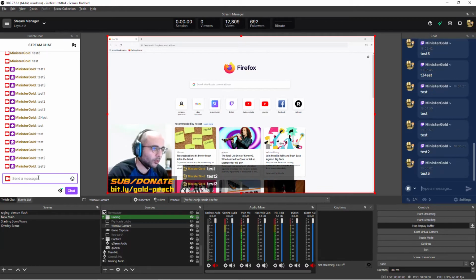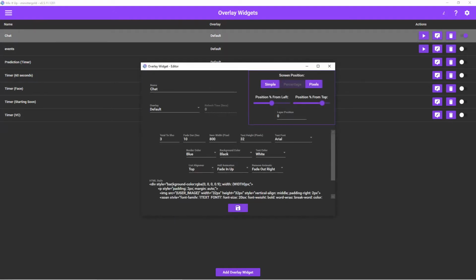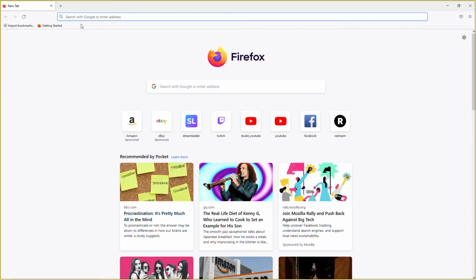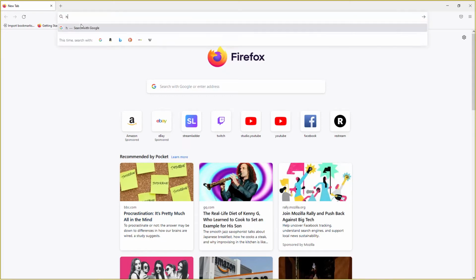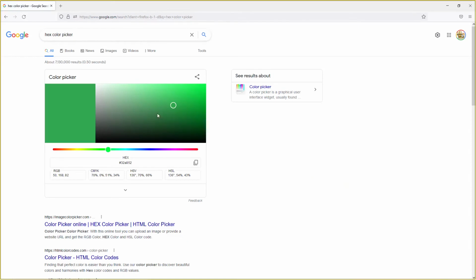So if that's more your style, that's more what you like, then you can remove the border. You don't have to keep it there. And if there's a specific color of background or border that you want, that's something you can put in here in CSS. You can go to Google, just type in like hex color picker. There you go. And any color on the spectrum,